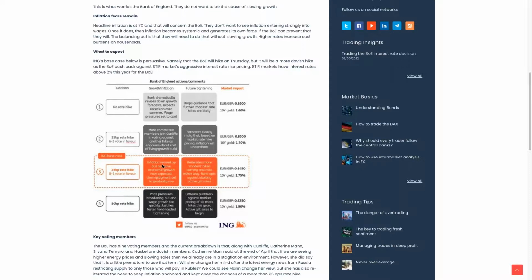At the last Bank of England meeting, there was some interesting development, in that one voter, Bank of England's Cunliffe, decided not to vote in favour of a rate hike because Cunliffe was worried that UK citizens were struggling too much in terms of